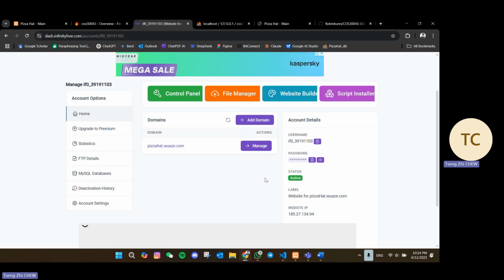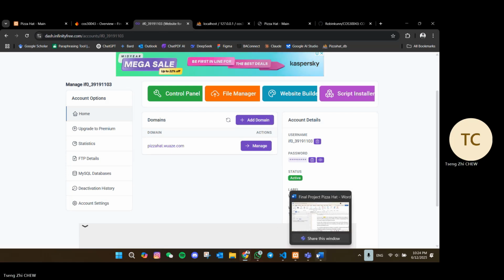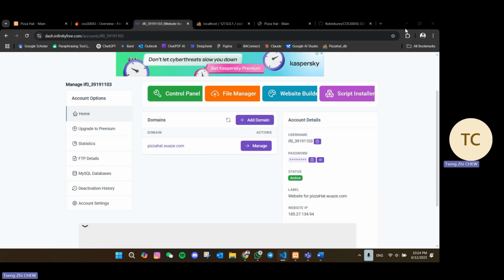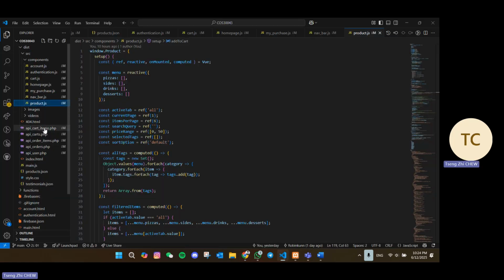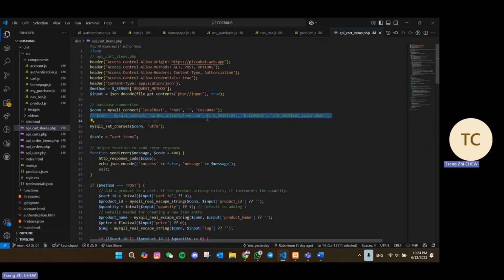And after you get the domain credentials, you can use them in your API calls in order to connect your project API to InfinityFree. So to do this, you need to comment out the localhost line and uncomment the line with the InfinityFree credentials. By clicking on the control panel